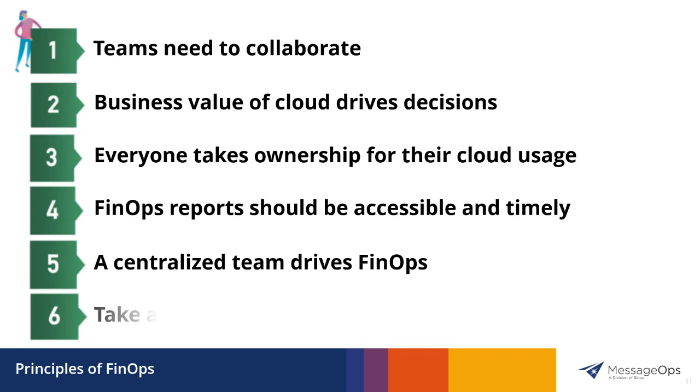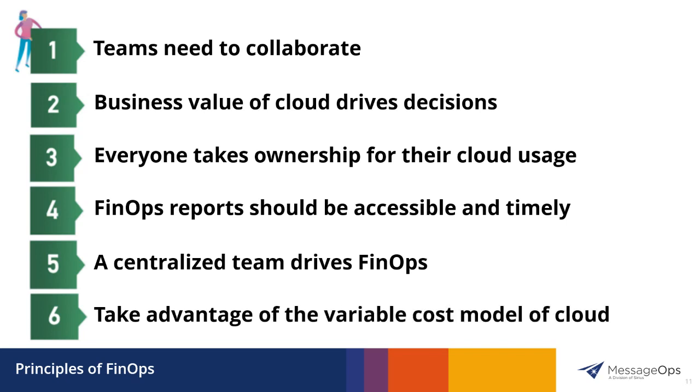And then the last one, Kevin, is we need to take advantage of the variable model of cloud. A lot of people are not, okay? They're lifting and shifting applications from on-premise to the cloud. There, some basic things such as turning on, turning off workloads, scheduling workloads, and not using Azure Workload Scheduler. They're just not taking advantage of the variable cost model of the cloud. But these are the 6 principles of the FinOps that we would recommend. Again, you'll learn more about this when you join the organization of FinOps.org.